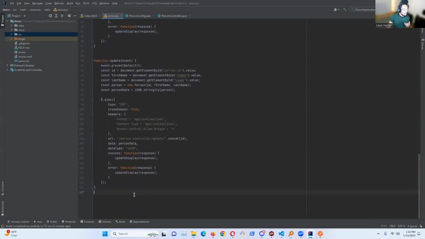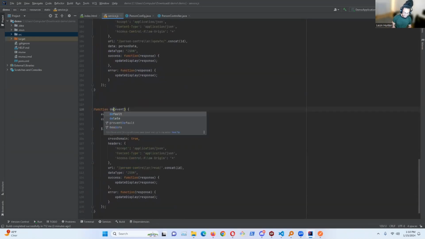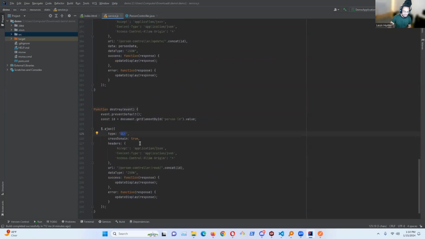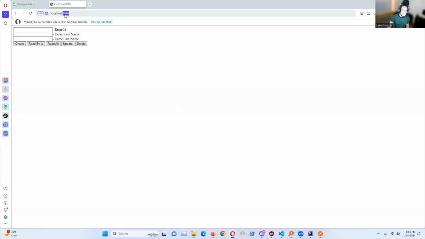The last function that we need to define is the delete function. So I'm going to copy the read function. I'm going to paste it. I'm going to rename it to delete. But as you can see, delete is a keyword. So I'll rename that to destroy. And I'll also go to the index.html and rename this as destroy. The type is delete. So we'll say delete. The URL is delete. Now let's rerun the application, navigate to localhost:8080, enter an ID of 1, select delete,